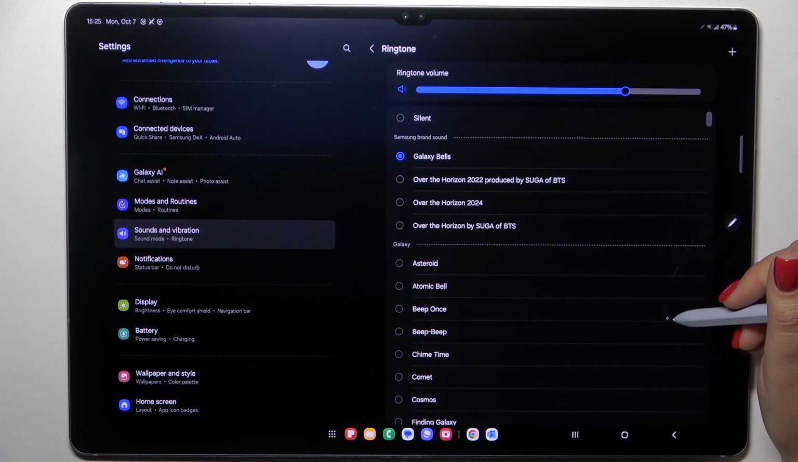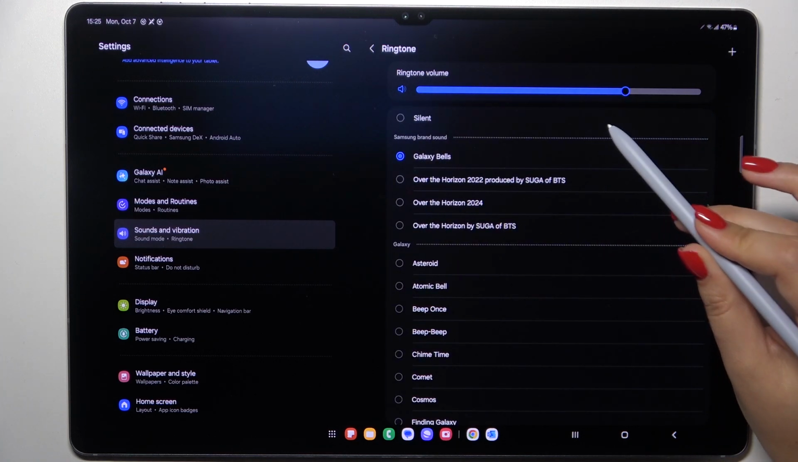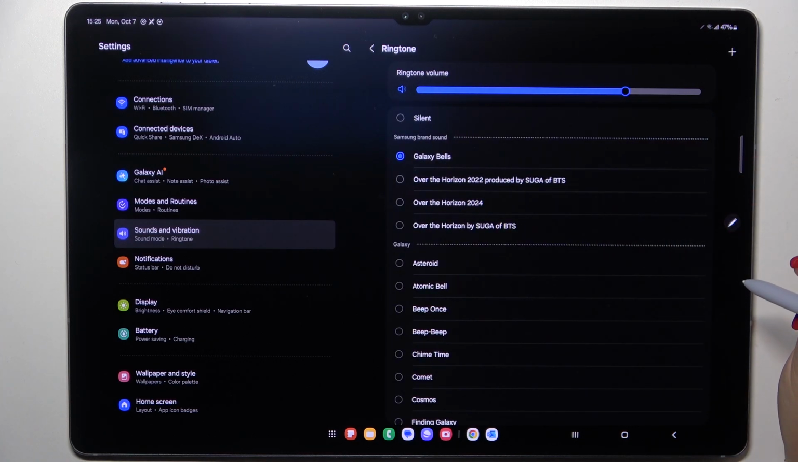At the top we've got also the option silent, which means that after choosing it your device will not use any kind of sound to notify about the incoming call, and here the plus icon, which means that you can enter your own files. So if you've got something, for example, downloaded or recorded, you will be able to set